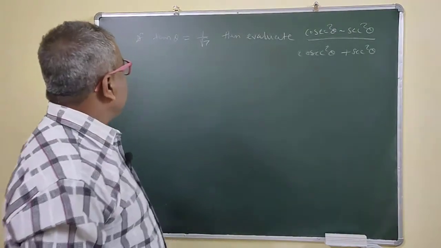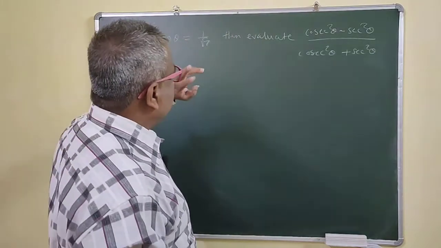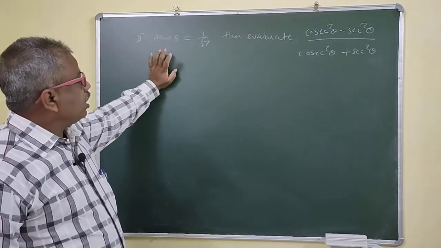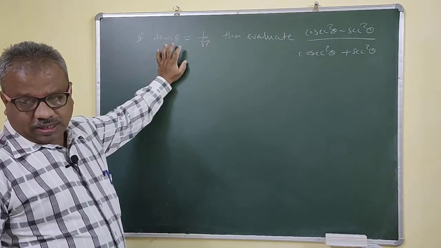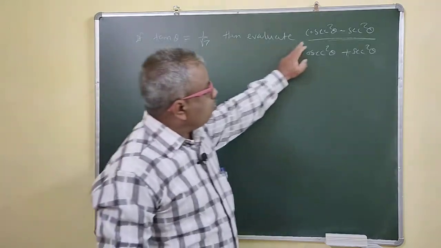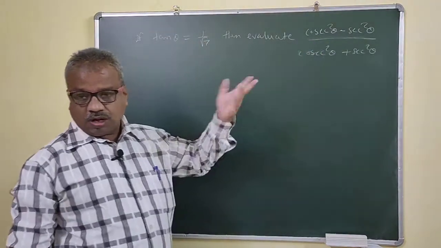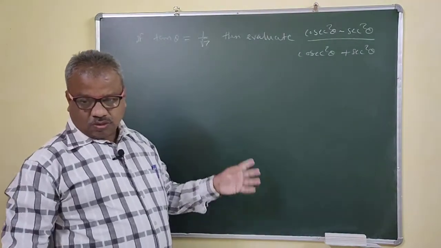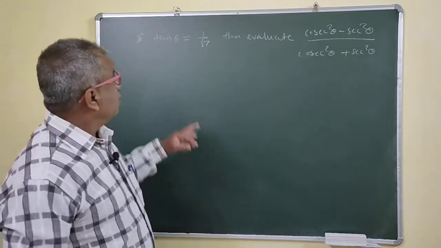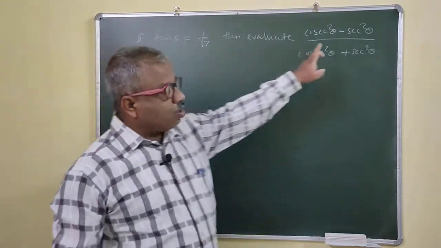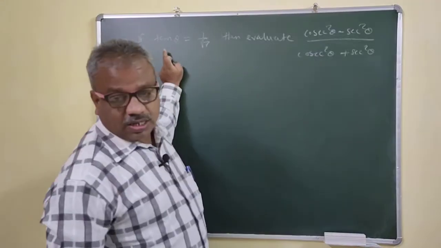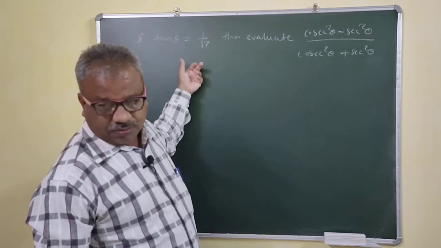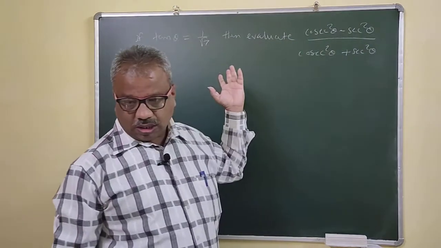Okay, now see what you want. Here the position of theta is not given to you, right? So that means with the help of this one, no need to find other trigonometric ratios. Now here you want cosec square and sec square. Now you know that the square of any real number is always positive, so no problem for plus or minus here. With the help of tan theta you can obtain sec square theta, and tan theta is nothing but the reciprocal of cot theta. So you can obtain the value of cot theta also, and there is a relation between cosec square theta and cot theta.